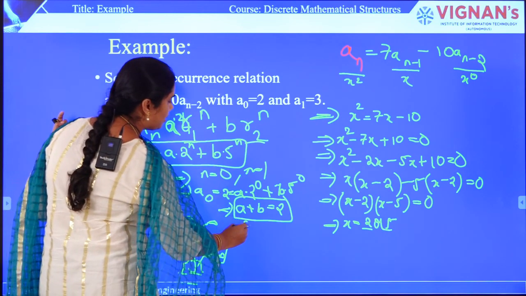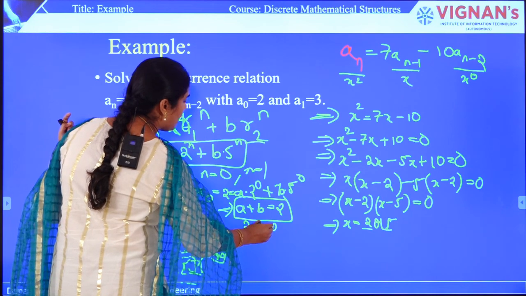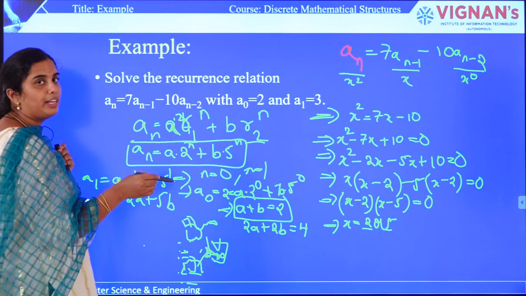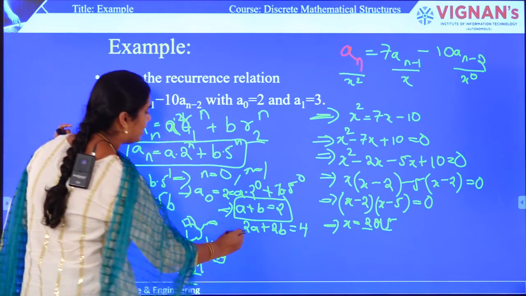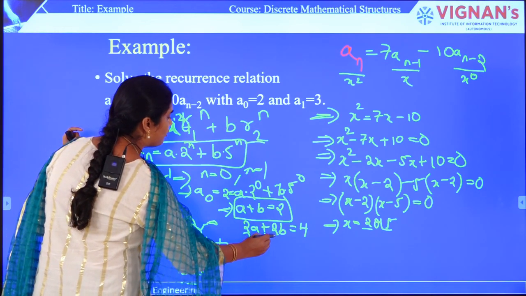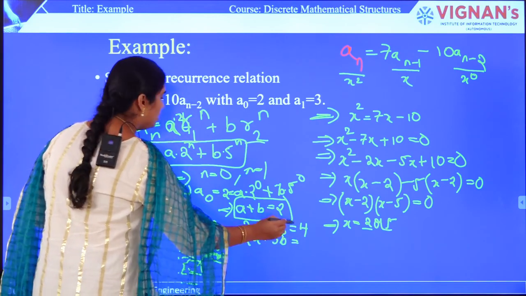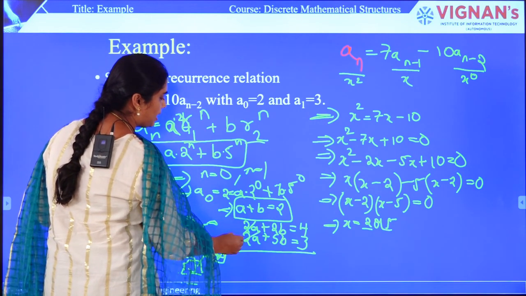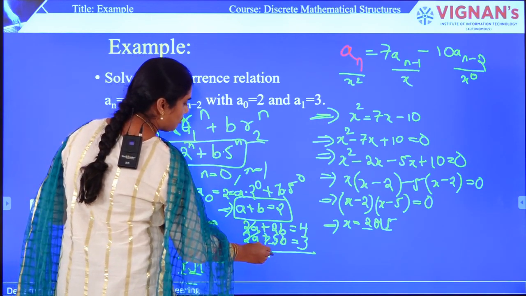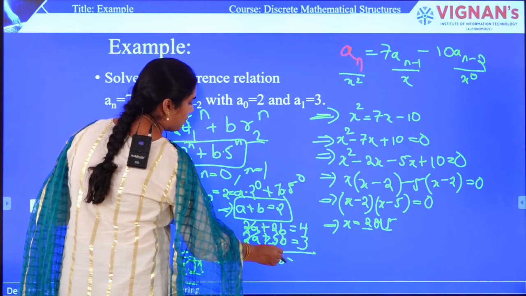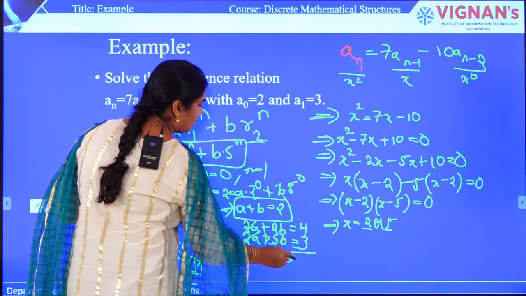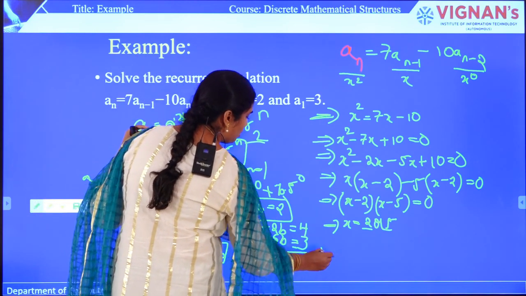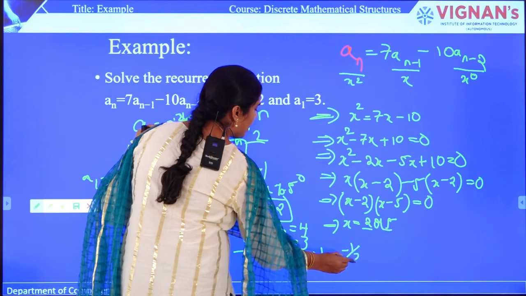So in order to solve this, let me suppose 2a plus 2b is equal to 4. What I am doing? I am just multiplying LHS and RHS with 2, and this I will be writing over here. 2a plus 5b is equal to 3. So what I will do? I will be subtracting. This and this will get cancelled. This will become minus 3b, and what will I be left with here? 4 minus 1 means what will be there? 1. So what is the value of b? b is equal to minus 1 by 3.